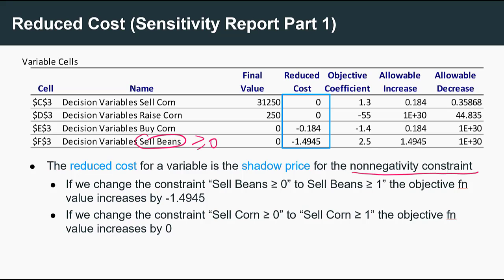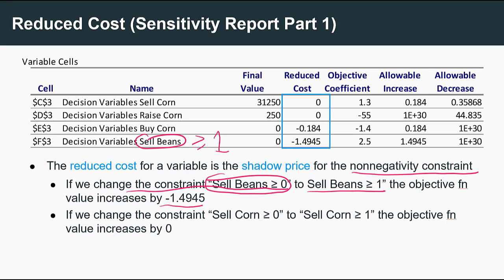And if we relax the right-hand side value from 0 to 1, then the shadow price is actually the change in the objective function value. So here, if we change this constraint that we have already implicitly imposed to cell bins being greater or equal to 1, then the objective function value will increase by this negative number. Or you can say in another way that the objective function value will decrease by